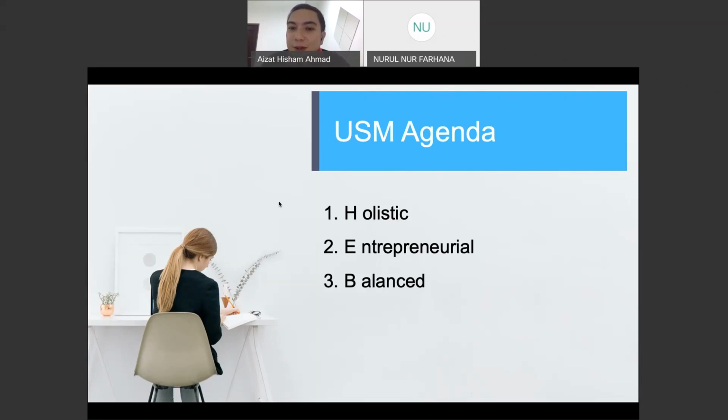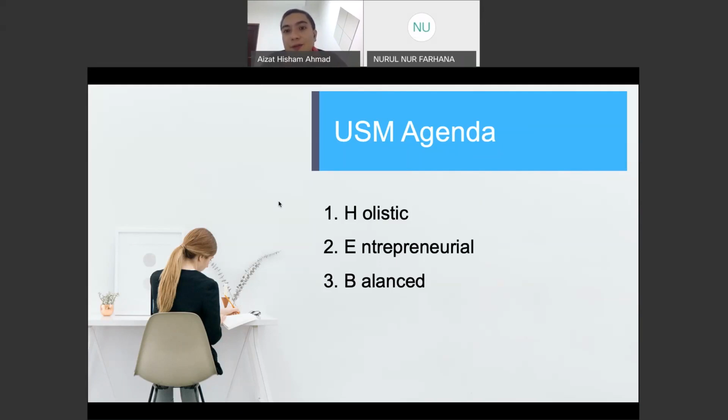Okay, so I mentioned entrepreneurial. Now, some of you here are possibly not going to be job seekers once you have finished your studies. Some of you might be creating jobs for others. That is considered entrepreneurial, right? When you create a job for others, not necessarily looking for a job. Also part of this Hebat agenda is to ensure that we have more job creators rather than job